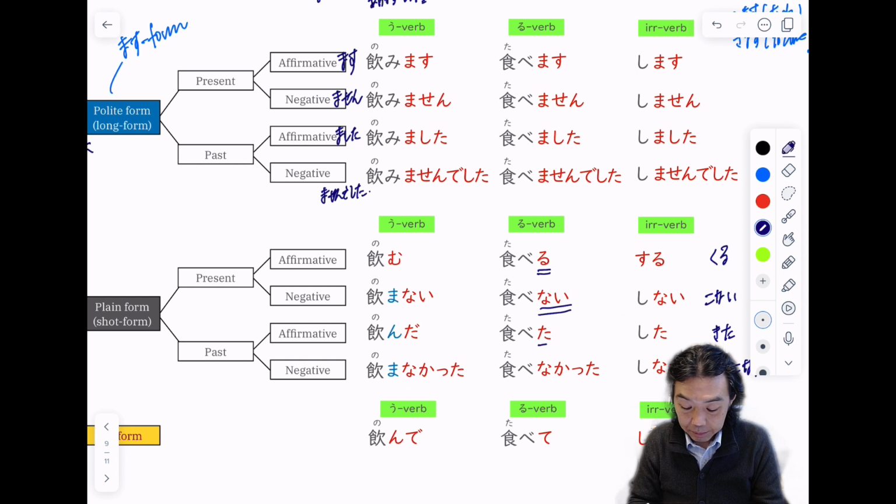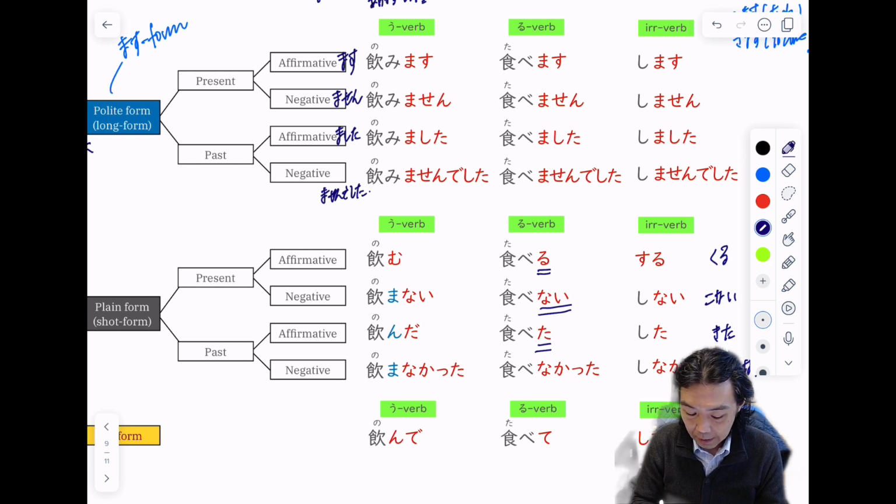So 食べます becomes 食べた. 寝ます becomes 寝た. 見ます becomes 見た. Okay. And the past negative is なかった. 食べなかった. 寝なかった. 見なかった. Okay. So Ru verbs are easier because for this you just need to know